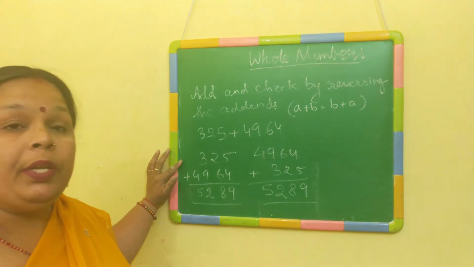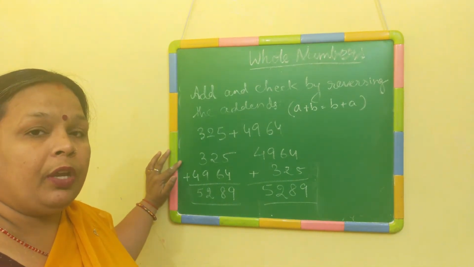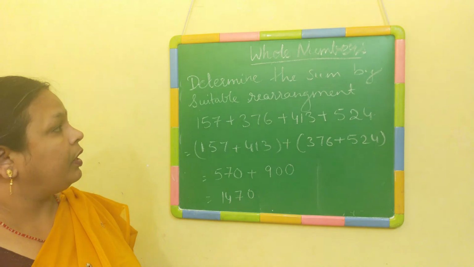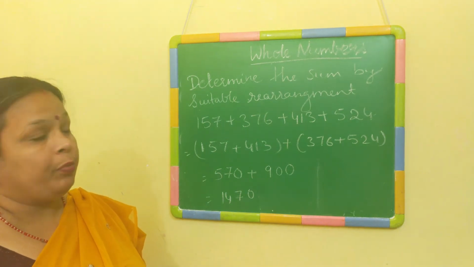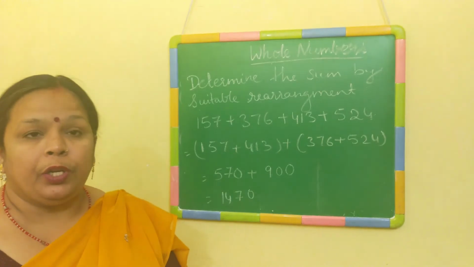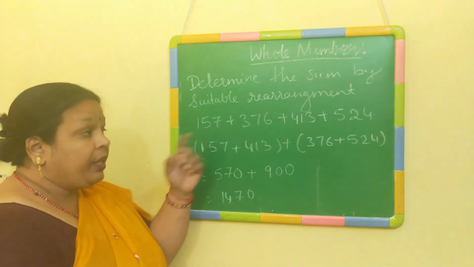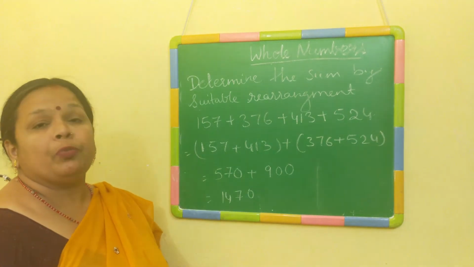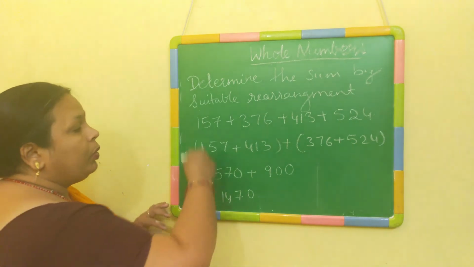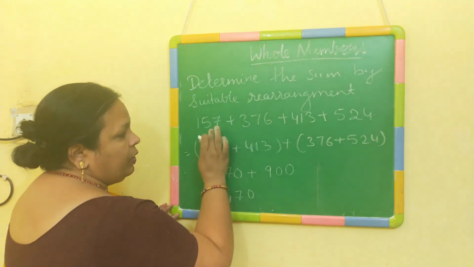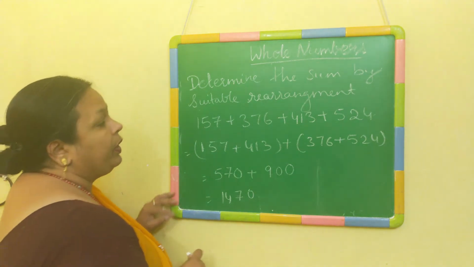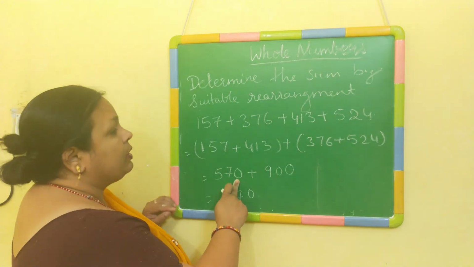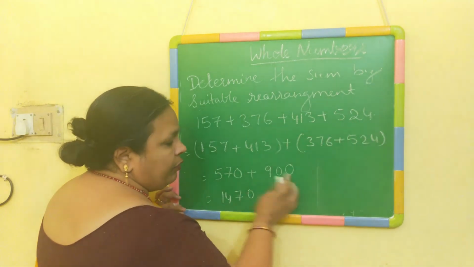Clear? Now we will take an example where we will be rearranging and adding the numbers. In this example, it is given to determine the sum by suitable rearrangement. See, the given series has 4 numbers of 3 digits each. We can simply add also, but as rearrangement is given, something must be there in this. We need to find it out. Now what we can see is here is 7, here is 6. When you add the ones digits, you are going to get 11. But 7 when added to 3 will give you 0 at the ones place. And similarly 6 with 4 will give you 0.